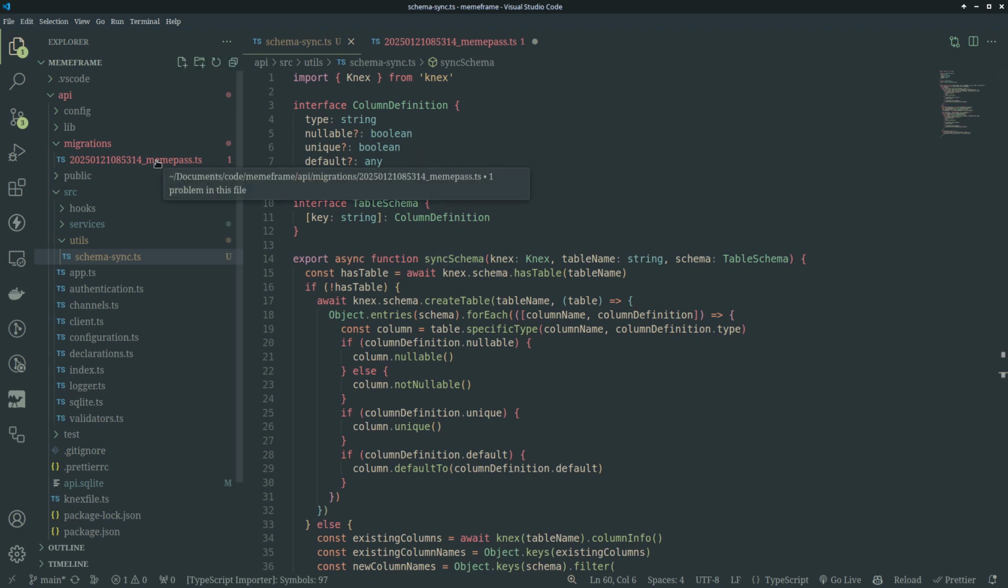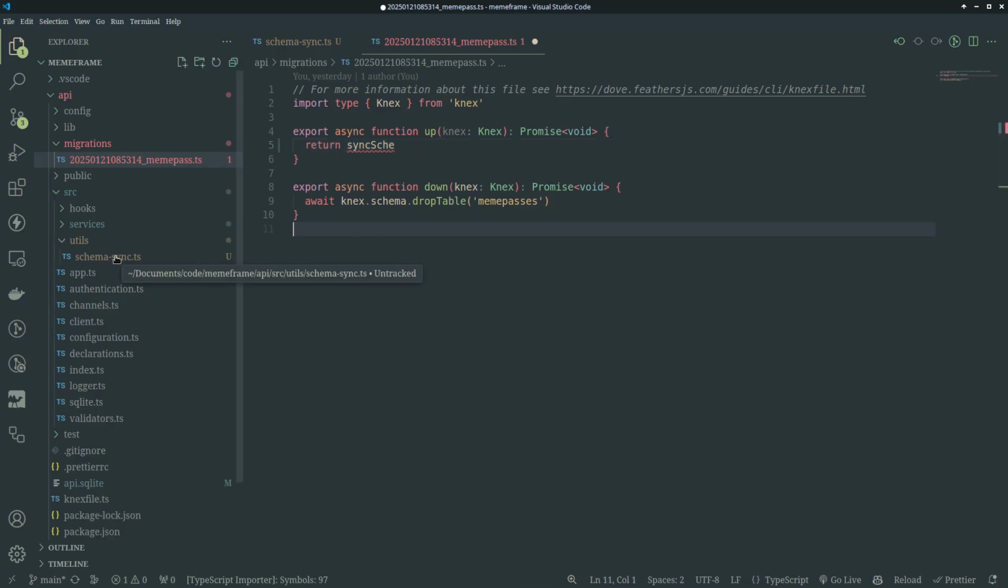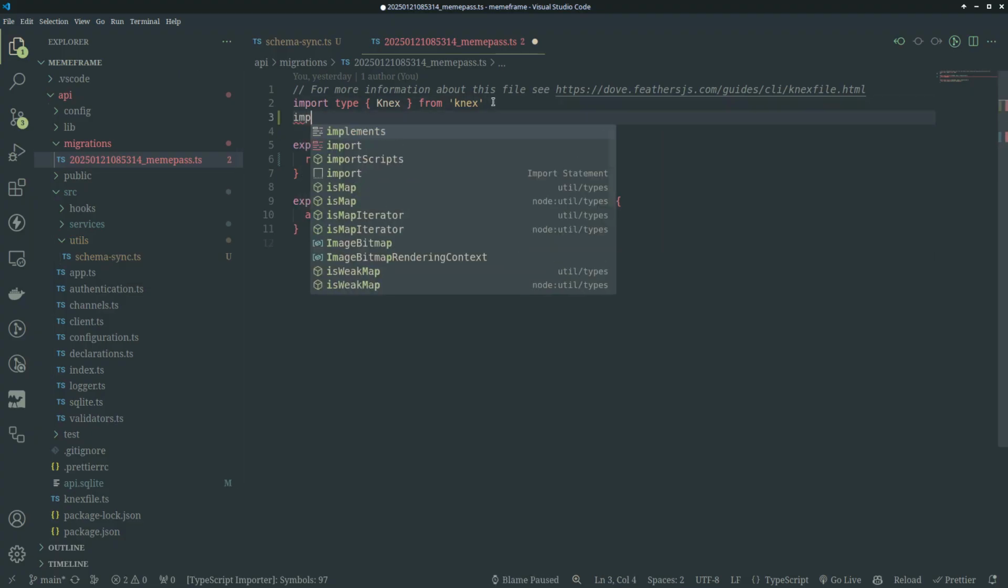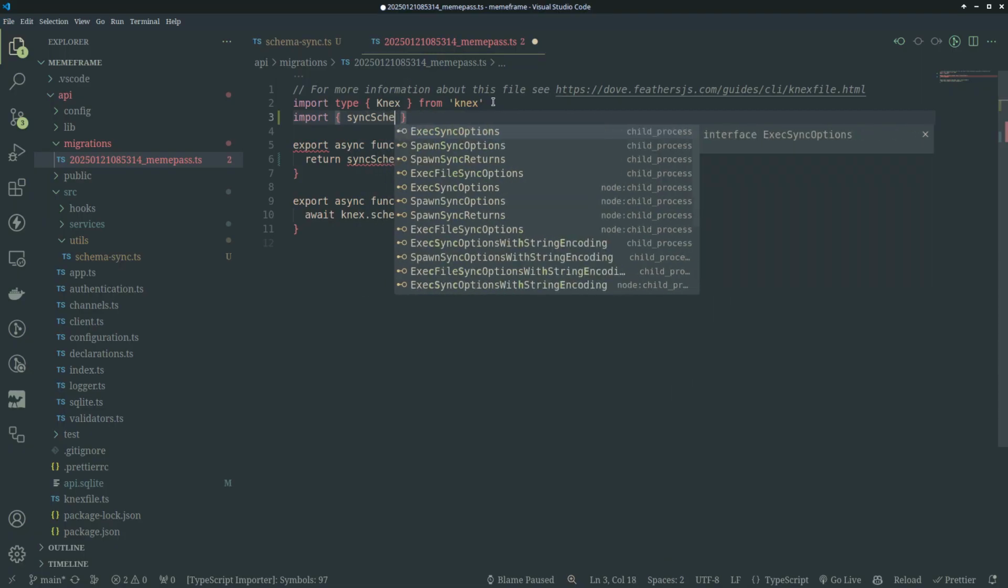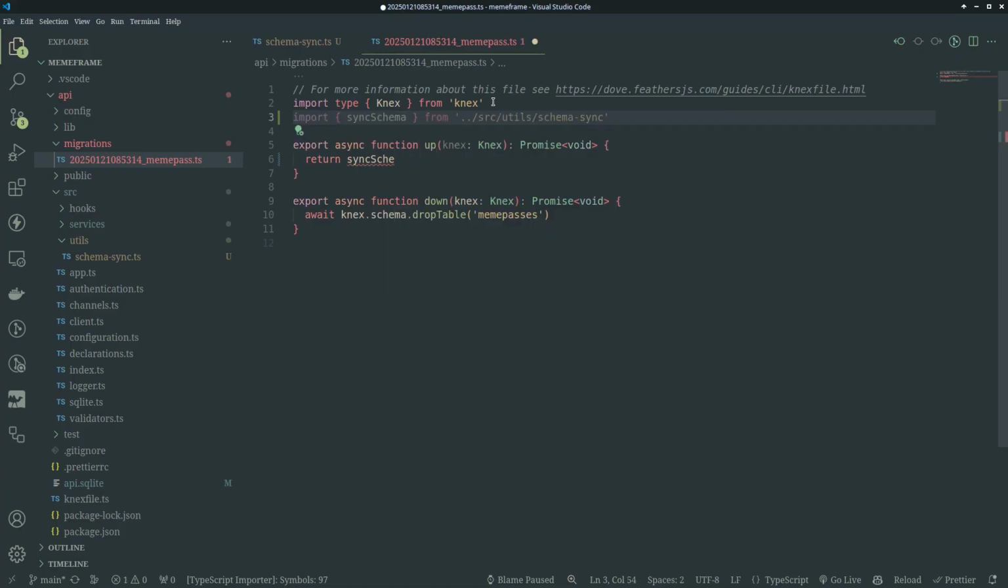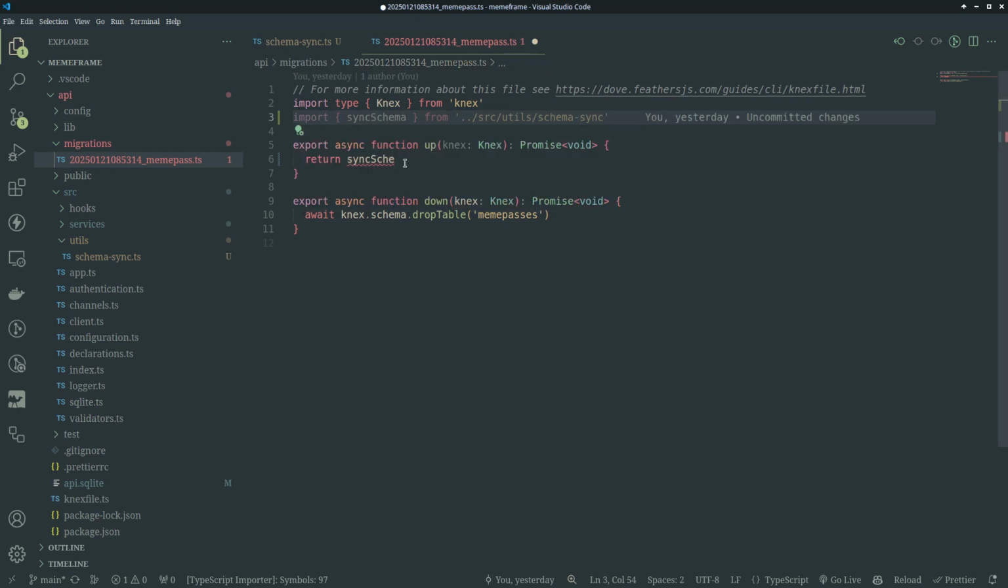Oh, migrations live outside. So it seems I don't have access to it. Since I don't have access to it, there's only one thing to do. Let me see. First of all, let me see if I can import it. This is weird if it doesn't even cause an error. So I can pass Knex, do the same thing that I've been doing before, but this time pass